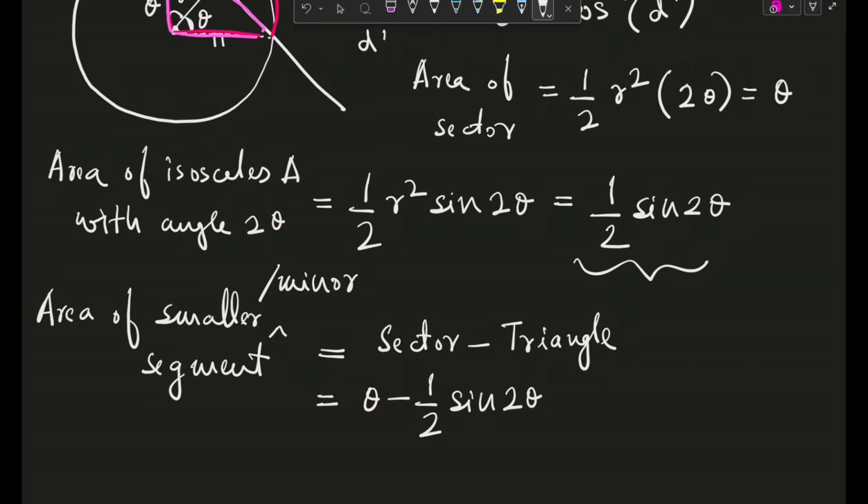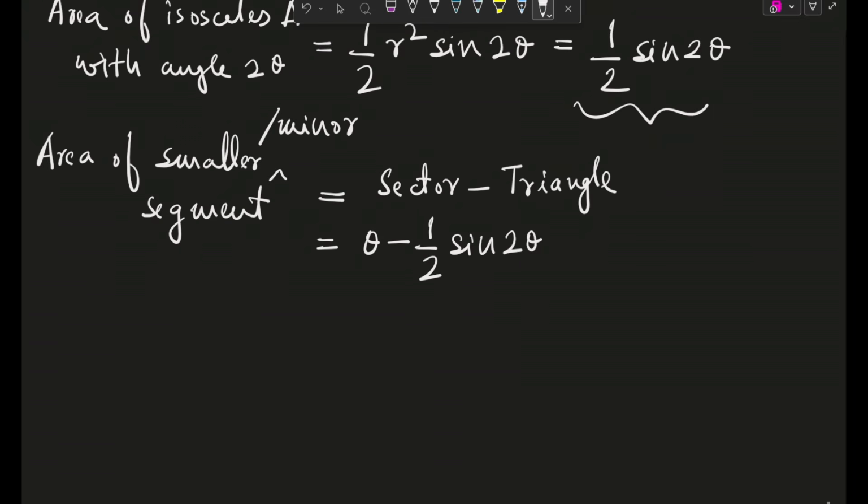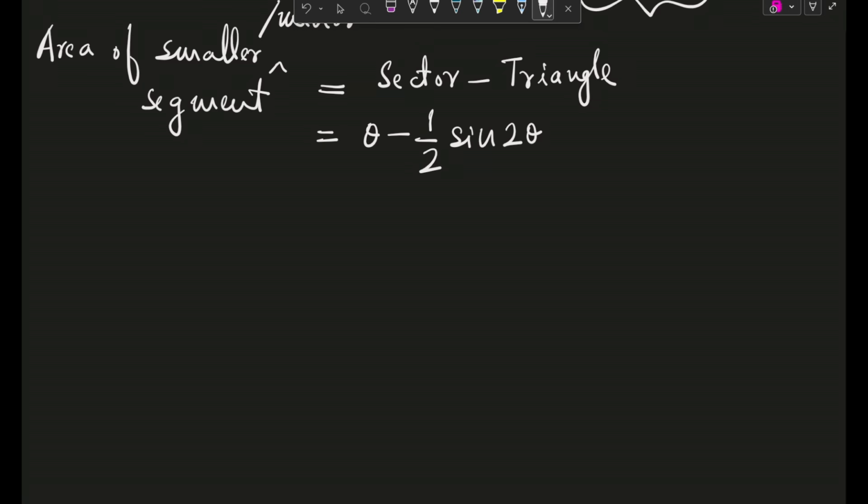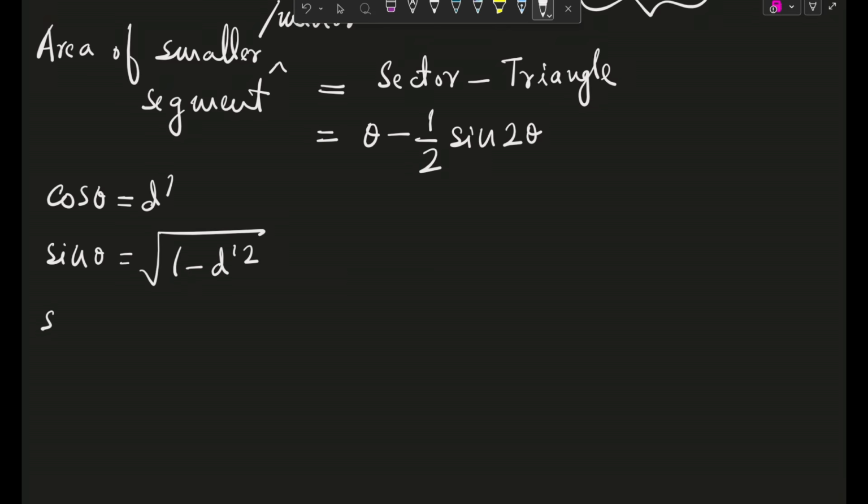But we don't want things in terms of theta, right? We want it in terms of d dash, the quantity we have. And that was the reason I found out cos theta in the beginning. So cos theta is equal to d dash. And we can find that sine theta is root 1 minus d dash squared. So sine 2 theta will be 2 sine theta cos theta, which is 2 d dash into root 1 minus d dash square. Okay. So guys, if we substitute, then this thing is becoming cos inverse d dash